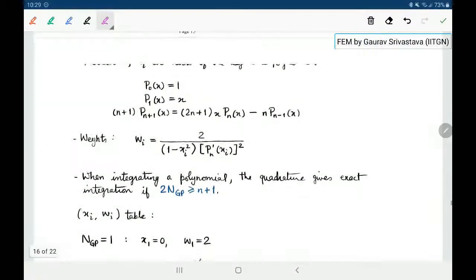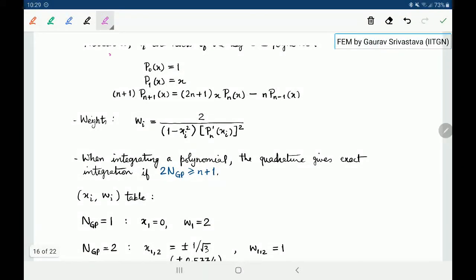Now, Legendre polynomials are a set of orthogonal polynomials, and they are defined in this manner. We will not dwell too much on how or why these are defined in this way. You can always learn more about Legendre polynomials elsewhere, or maybe you have already learnt about them in one of your maths courses where you learnt about orthogonal polynomials. So the roots of these functions are the abscissas of the Gauss quadrature, and the weights w_i are defined like this, and these are also defined in terms of the Legendre polynomials.